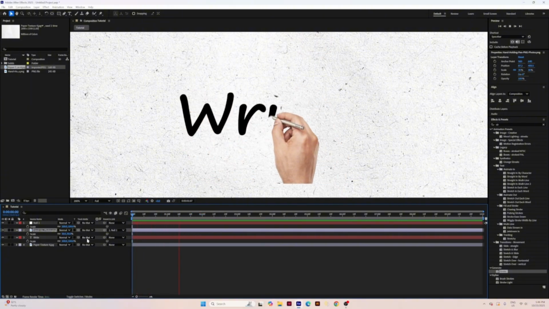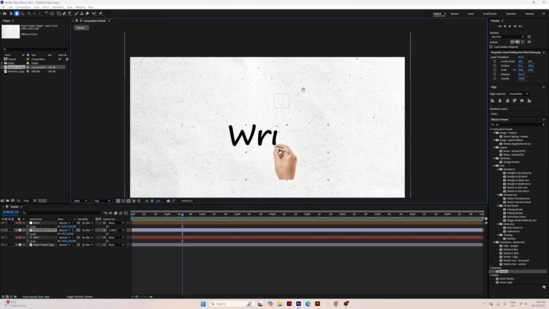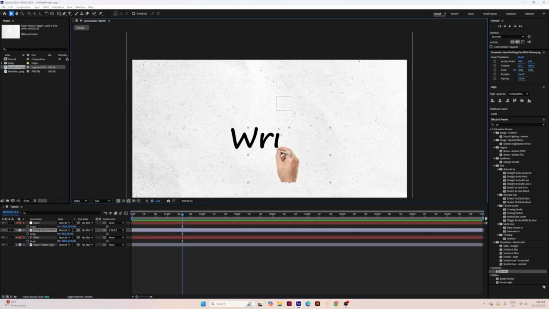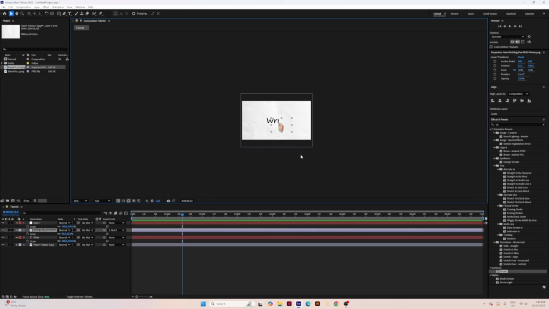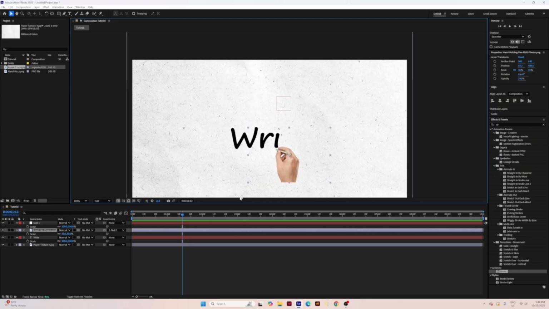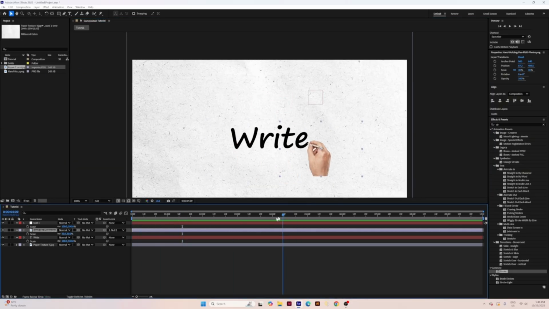Okay, guys, so here are the instructions. Make sure to not scale up the text, okay? Because the null object is shorter than the mask path. So, sorry, guys,